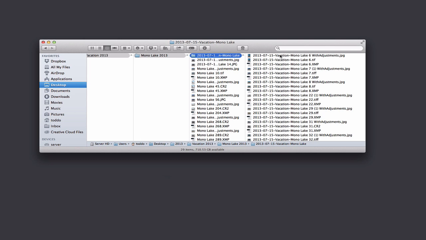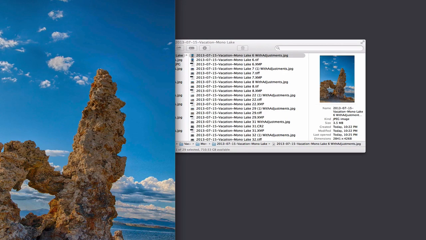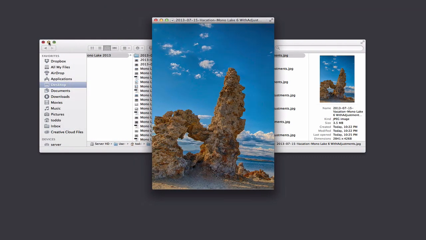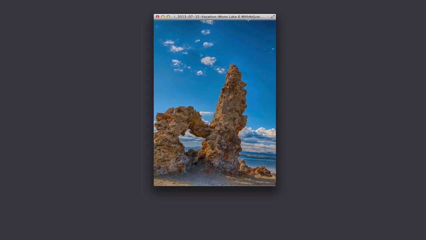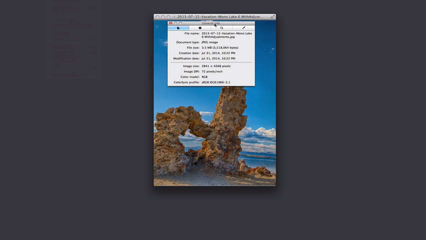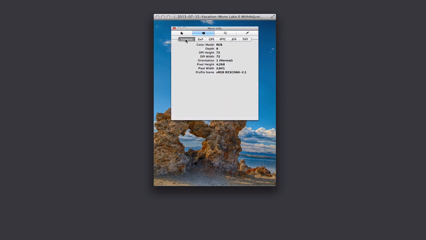In fact, let me show you how that reads. Let's just pull up this photo for a minute. This is an interesting photo. Let me just shrink this down so we've got it in the middle, and I'll just put this down. So here we are. This is one of the photos with the baked-in adjustments, and so let's just see how it did with the metadata. So I'm in Preview right now. So I'm going to go to the inspector, and so here's the inspector for this photo with all my info on it. Now if I go to the eye here, you'll notice that here's all the general information about my picture,